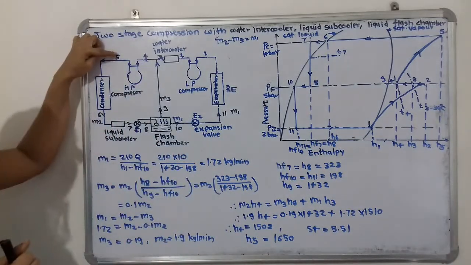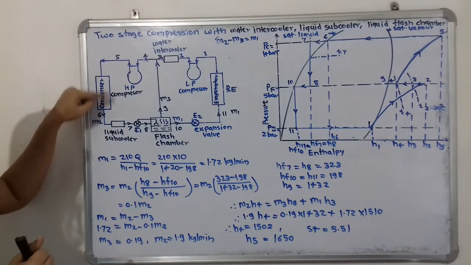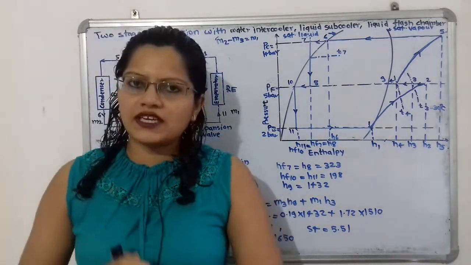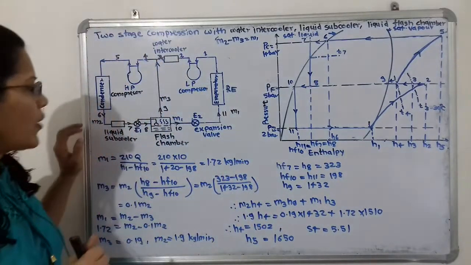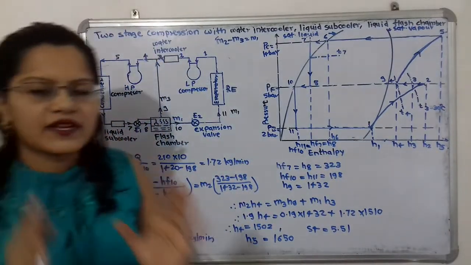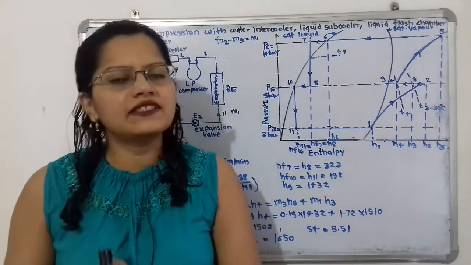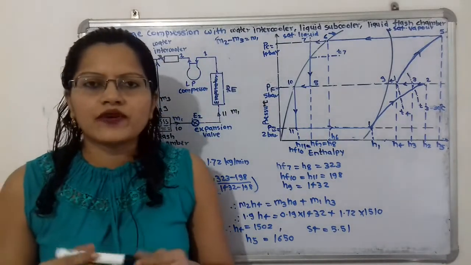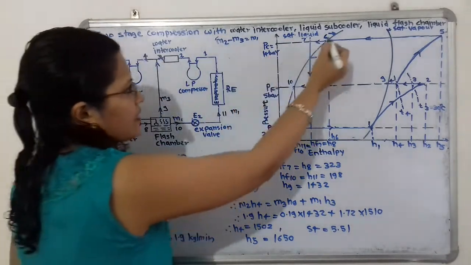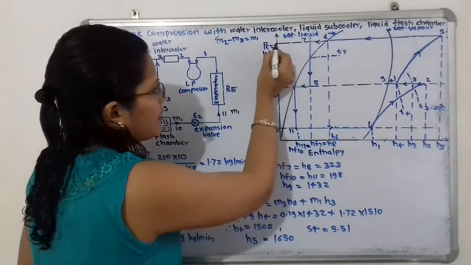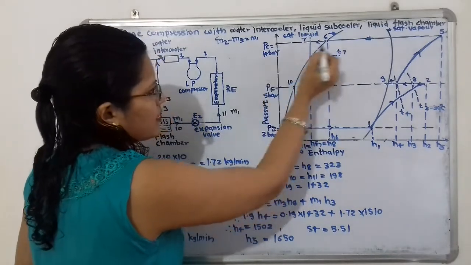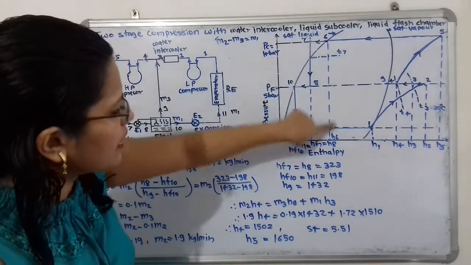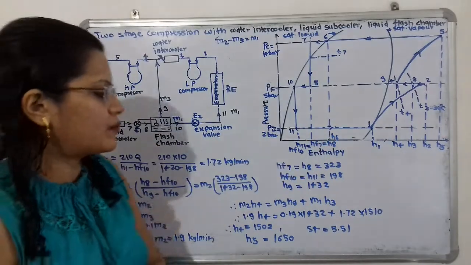What is the next process? The refrigerant is passing through this condenser, and it is getting converted into the saturated liquid state, and at this point 6, the refrigerant is at saturated liquid state, and it is at the condenser pressure, that is 14 bar. So we can select here the point 6, that is, this is the saturated liquid line, and here the pressure equal to 14 bar, that is the condenser pressure. So here is the point 6. From this point 6 we can find out the enthalpy at point 6.